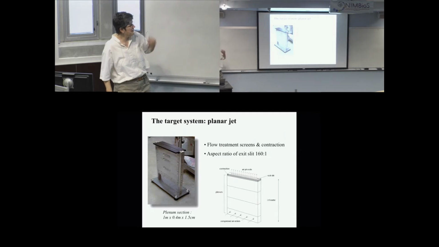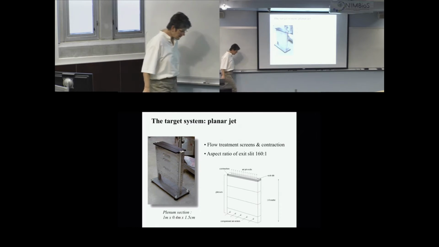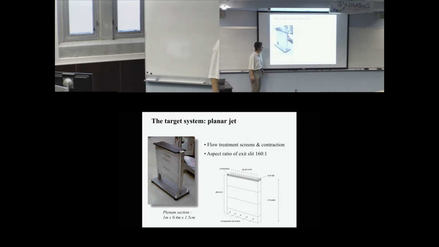And we did some work in the lab on this and also in simulations. So we built a jet, and this is a jet kind of like a hose is a jet, a water into air jet. A blow dryer is an air into air jet. This is an air into air jet. It's about this high, about that wide. Air goes in these holes, goes up through here. There's all sorts of stuff in here that reduces the turbulent intensity of the flow and all that. And it comes out this really funny, thin, narrow, long strip.